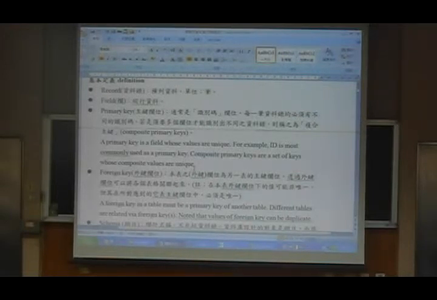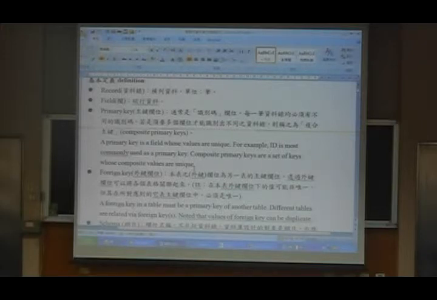Then it is a composite primary key. 所以你那个主键可能可以有2、3个栏位组成一个主键也可以的。也就是说，the main purpose of a primary key is to distinguish which record you are going to process。它的目的就在辨认说我要处理哪一个 record，就这样而已。